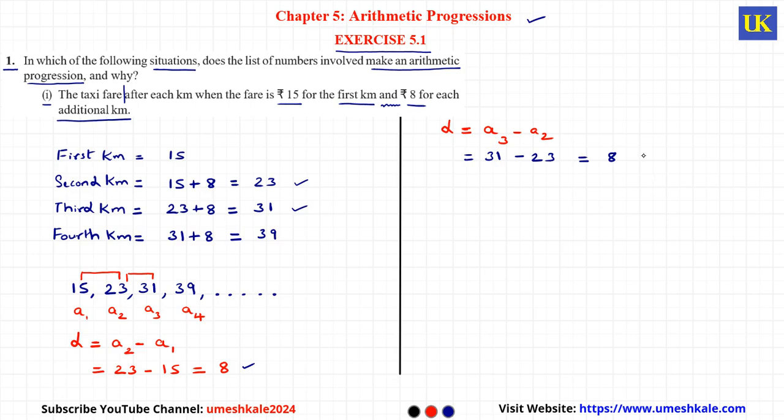So the difference between second and first is 8, and between third and second is also 8. So every time the difference is the same, because every time we are adding 8 rupees extra. Here you can say that it is an arithmetic progression, but I just wanted to calculate and show you the right way. So the difference is the same every time, therefore we can say that